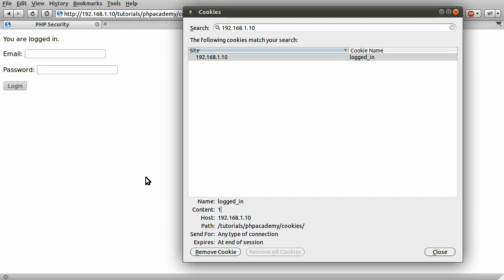So the way to fix this is to not store sensitive information in the cookie, and to